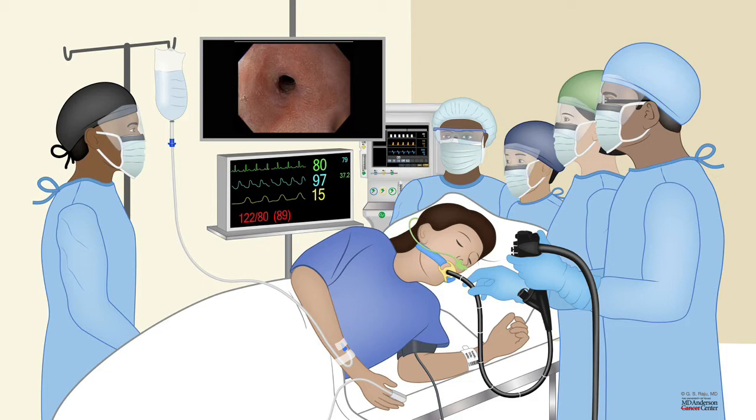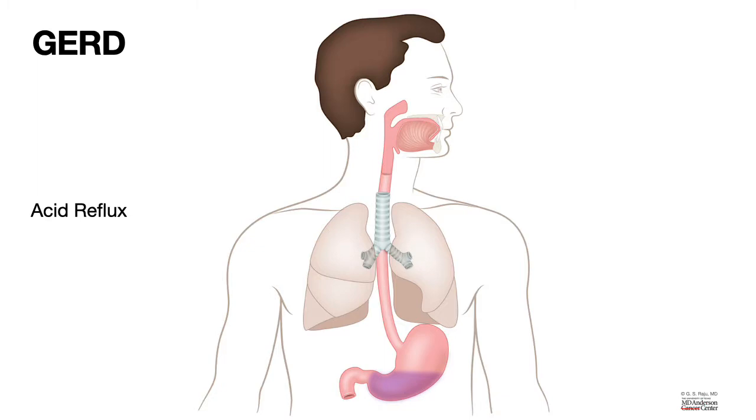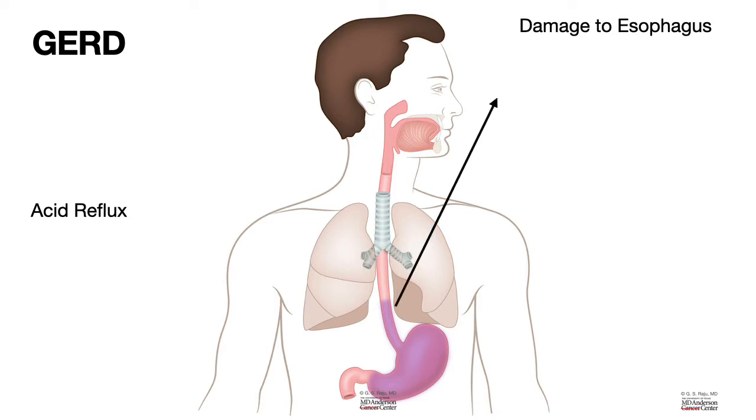Esophageal stricture is, as you can see on the screen, narrowing of the esophagus. And the most common cause for esophageal stricture is acid reflux. And when the stomach acid comes into the esophagus, it causes damage to the esophagus. And depending upon the amount of acid exposure, length of exposure, and the strength of the esophagus lining to prevent damage, one could see